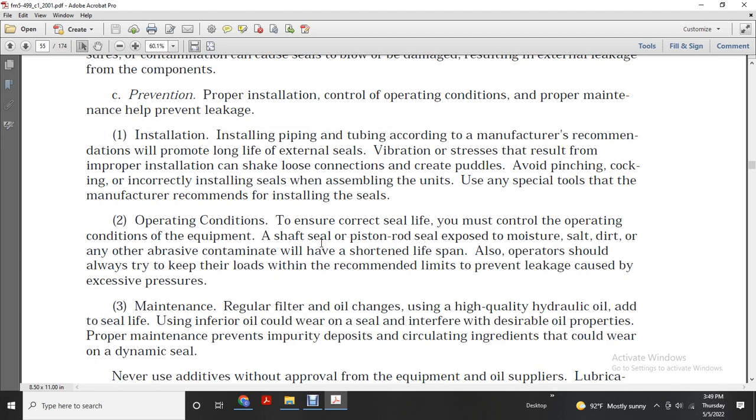Seals, operating conditions show the correct seal life with the control of the equipment. A shaft seal with the piston, reseal exposed to moisture, salt, dirt, or any other abrasive contaminant will have a short lifespan. The operator should also always try to keep the load within the recommended limit to prevent leakage caused